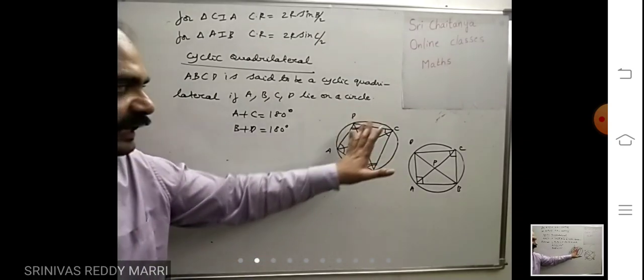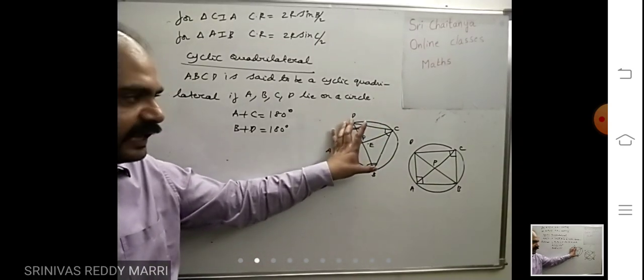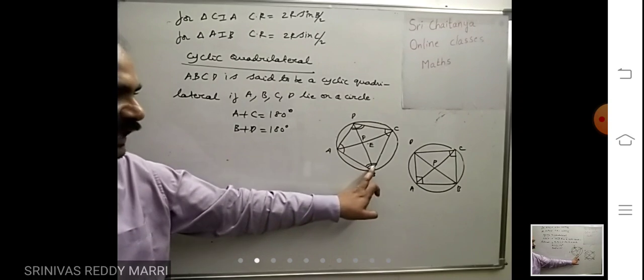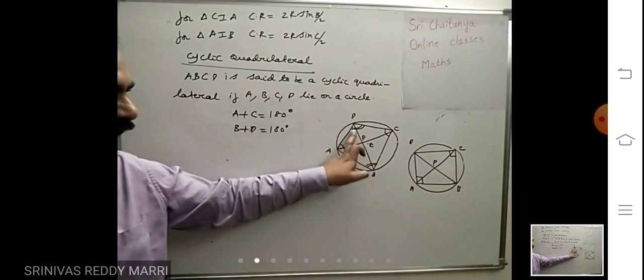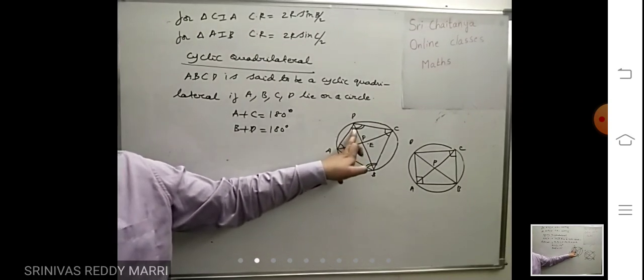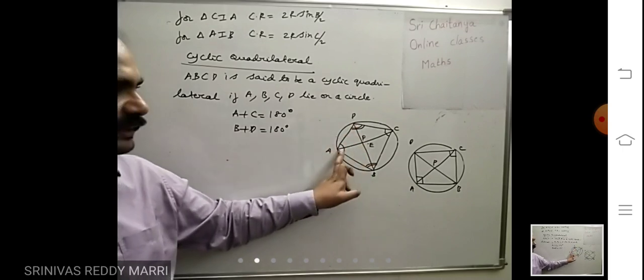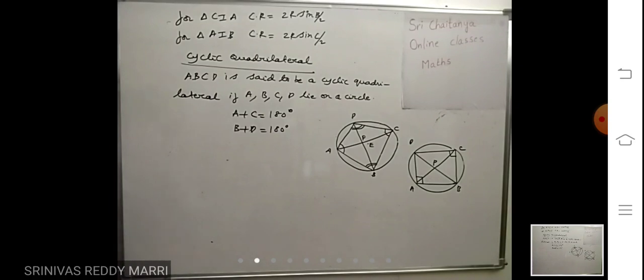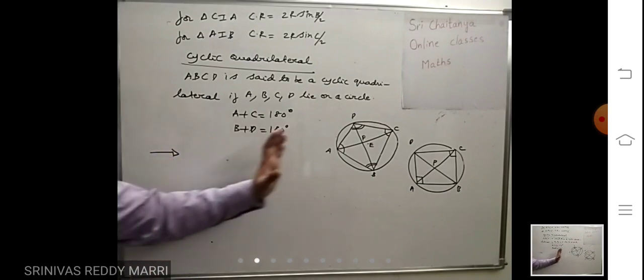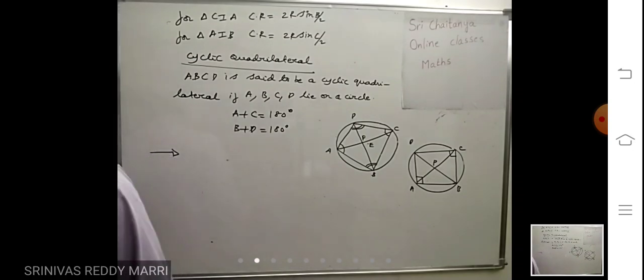Right? Whenever a cyclic quadrilateral problem is there, you draw the diagram like this always. So if this angle is given, let us say 60 degrees, this angle will be 120 degrees. That means this plus this will be 180 degrees, this plus this will be 180 degrees, like that. Look at one application of how to solve the problem. We will see how to proceed with cyclic quadrilateral problems. Look at one simple application.